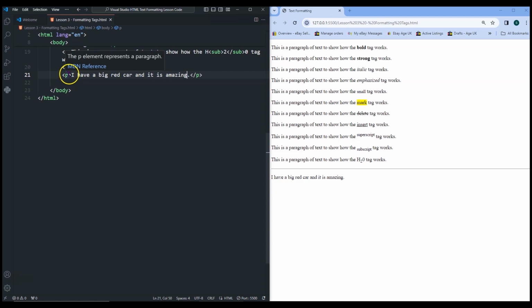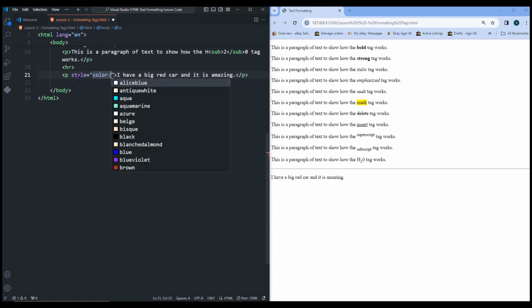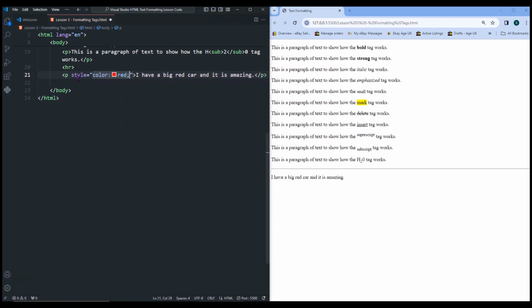Now, before we've seen where we put our attributes in here, we can put different things in here, but let's just put a CSS thing in here. Okay, so that will change the whole of the paragraph text. But where the span comes in,